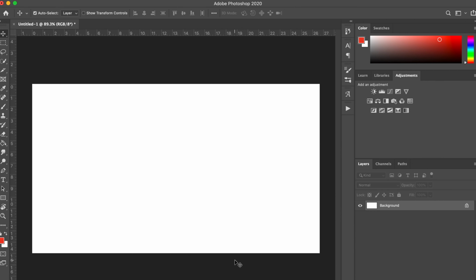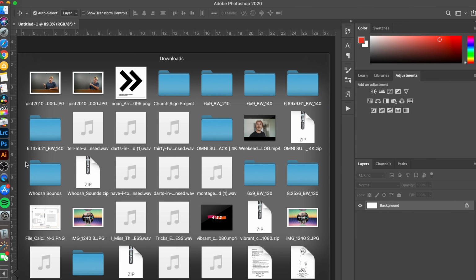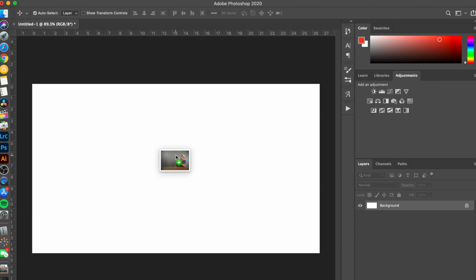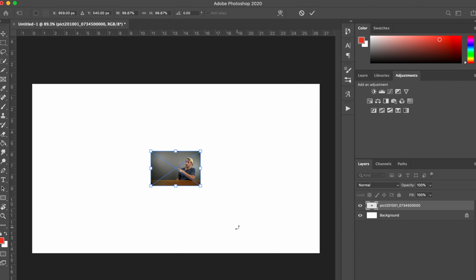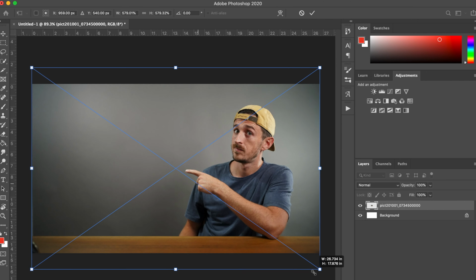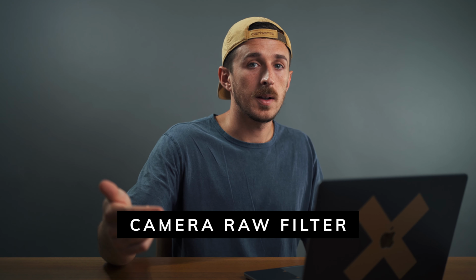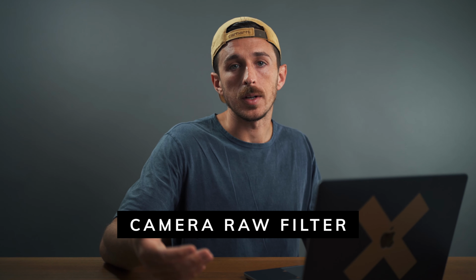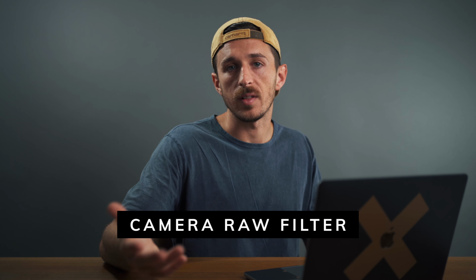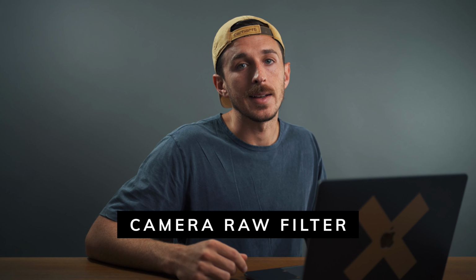All right, now that we have our document created, I'm gonna bring in my photo. I just airdropped it from my phone. And what I'm gonna do is stretch this so that I'm filling up the entire frame. Now, Photoshop gives you a lot of really great tools to manipulate your photos. One of my favorite things to do is to use the Camera Raw filter, which basically gives you all of the controls that you would be familiar with in Lightroom,